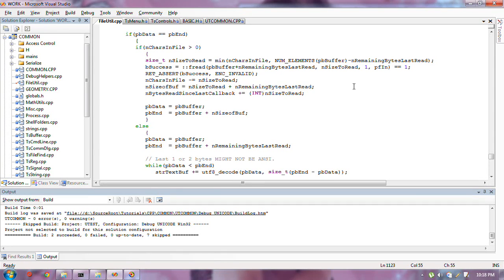If it happens to be non-zero, it will be 1 or 2. Increment, now this doesn't even have to be 100% accurate, that's just for the callback, but it is accurate to say that the bytes read since the last callback would be